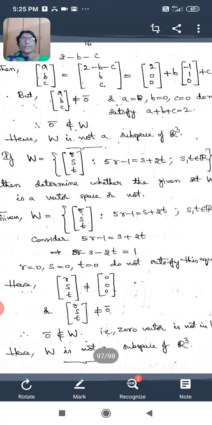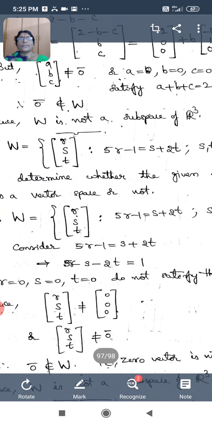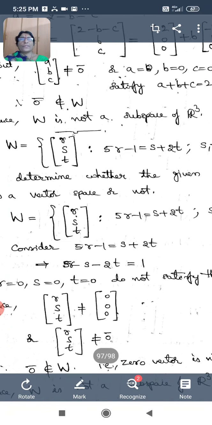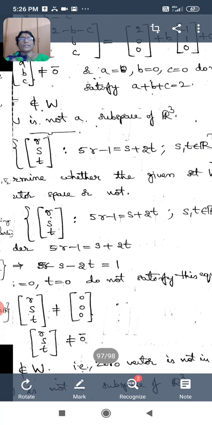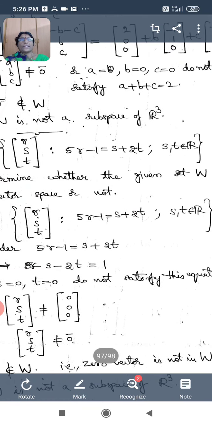Here W is defined as the set consisting of the column vectors (R, S, T), where R, S, T are variables taken from the set of real numbers, and those